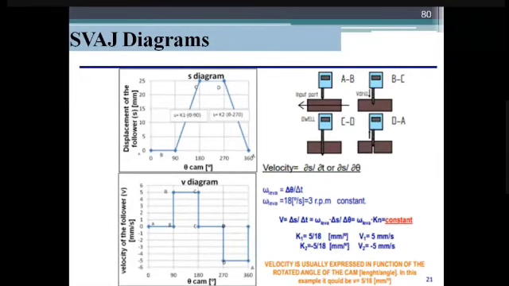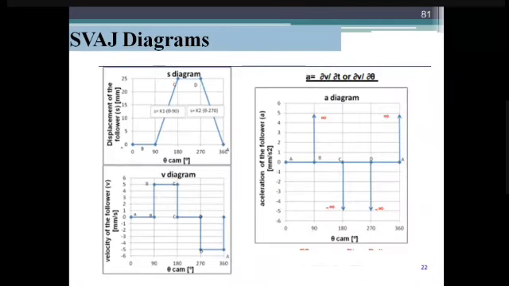So the omega value or RPM value is given, we can easily calculate that. So K1, K2 are 5 by 18 and minus 5 by 18 mm per degree. So the change in displacement, del S, is equal to V1, V2, so plus 5 and minus 5 mm per second. This is the calculation for how we have to draw the velocity representation in the diagram. Okay, so what about the acceleration?